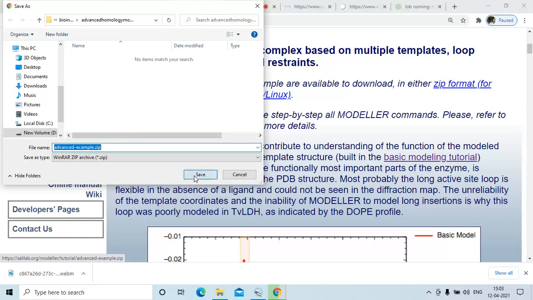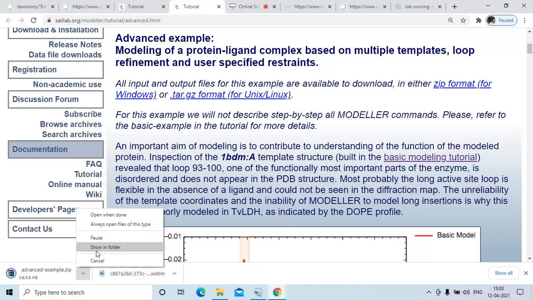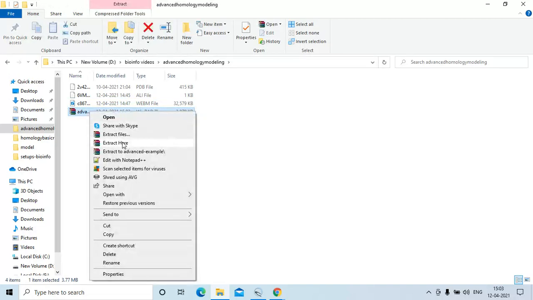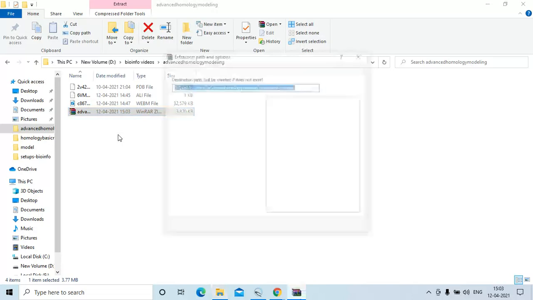We will save the zip file here in the advanced homology modeling folder. When it is saved, it will be downloaded to that folder. We will unzip and extract all the files there.